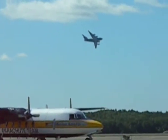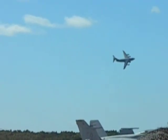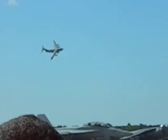A good side profile shot of the aircraft showing all 4 of its engines at such a slow speed. They're doing about 140 miles an hour over the ground right now, configuring the aircraft with their gear, their flaps, and their slats. The flaps are going to be all the way down